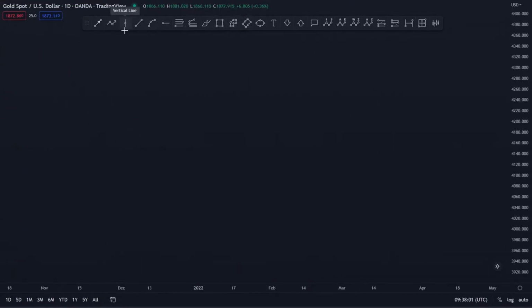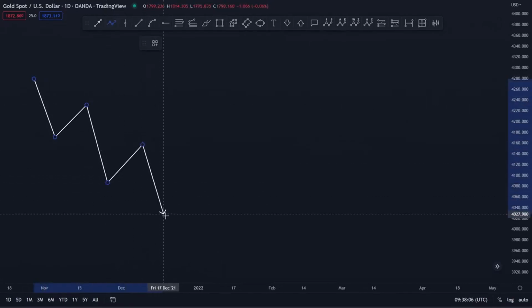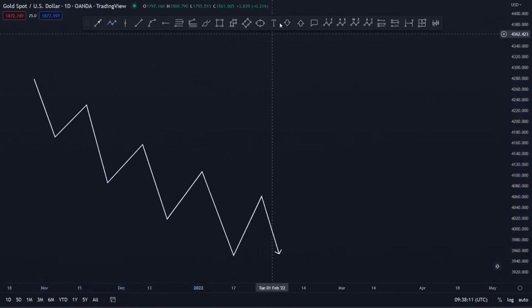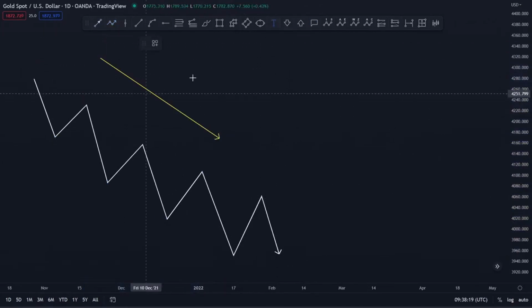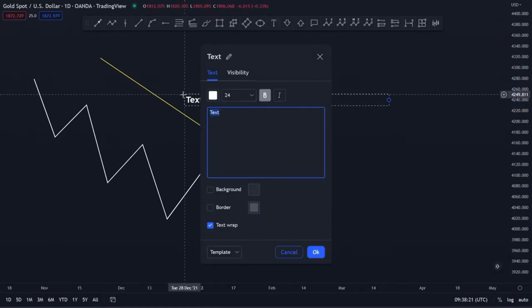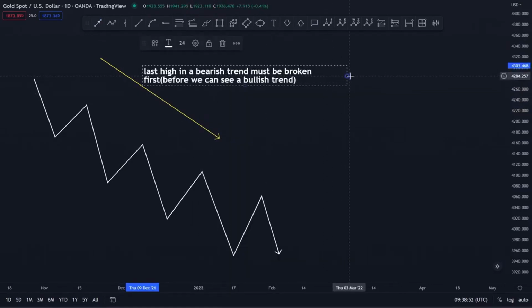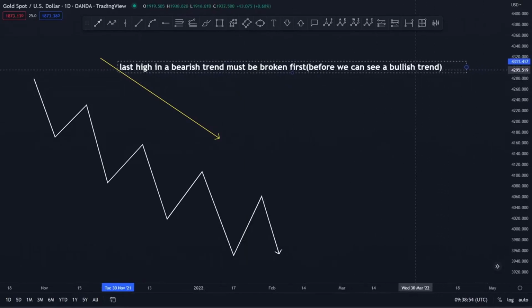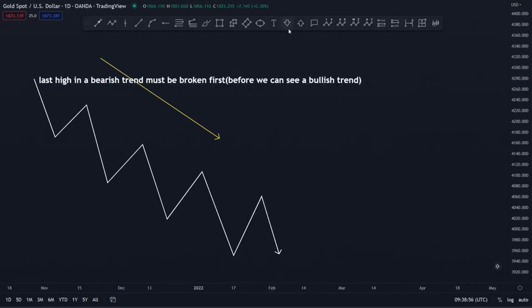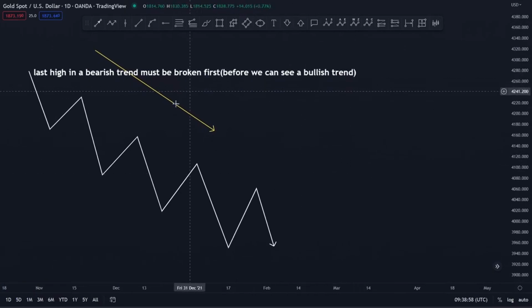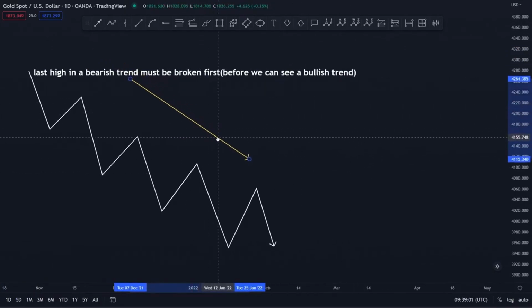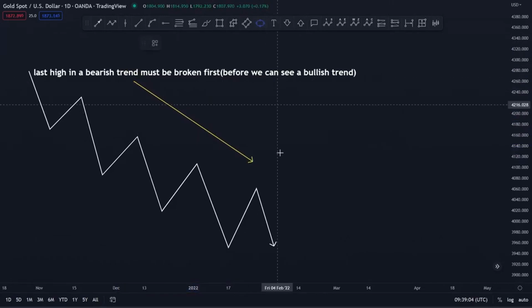So let's say right now we see a market like this. From here, in a bearish trend, guys, the last high must be broken first before we can see a bullish move. In a bearish trend, we have to see the last high being broken first before we can see a bullish move. So that means in this kind of scenario, we have to wait for the last high, which is this one,